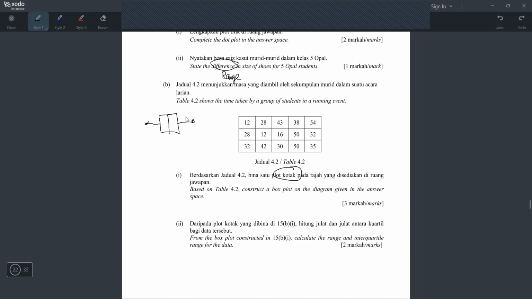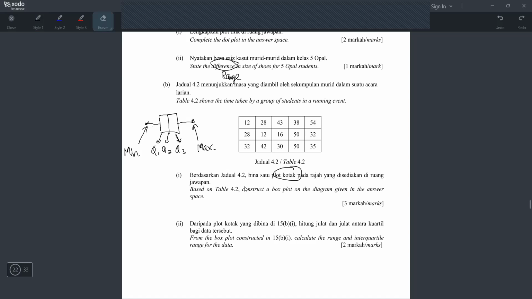Okay, so in order to draw a box plot, you need how many information? You need 5 information. I pernah ajar this one. You need this, and you need this line, this line, this line. Okay, this is minimum value, this dot. And then this dot is the maximum value. And then this one is the Q1, Q2, Q3. It means every time they will ask you to find box plot, you need to have minimum, maximum, Q1, Q2, Q3. If you don't have these 5 information, you cannot draw your box plot.